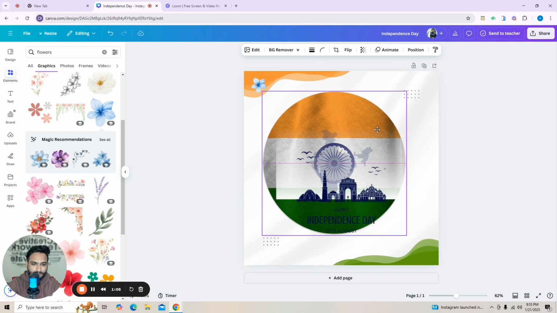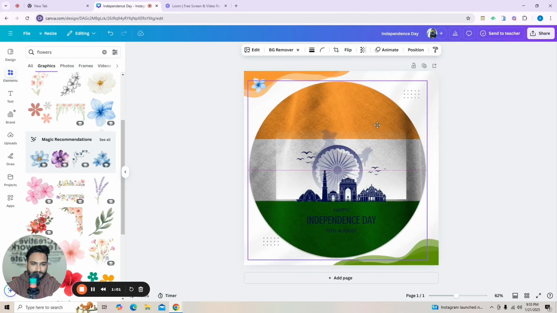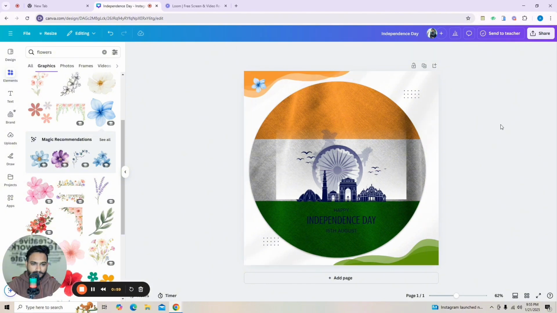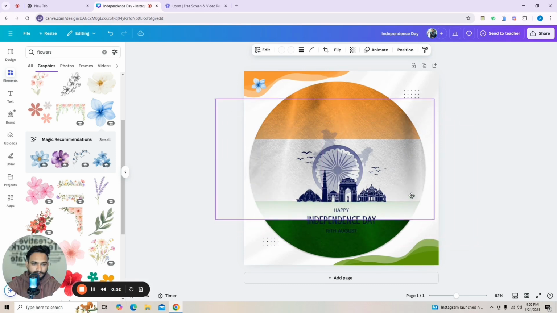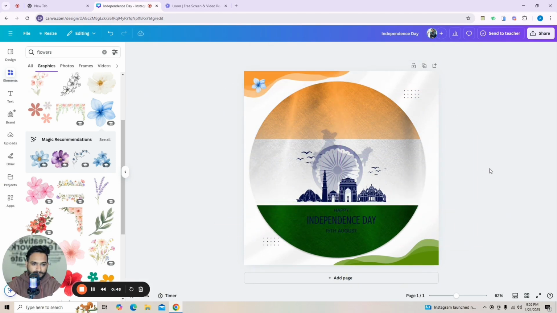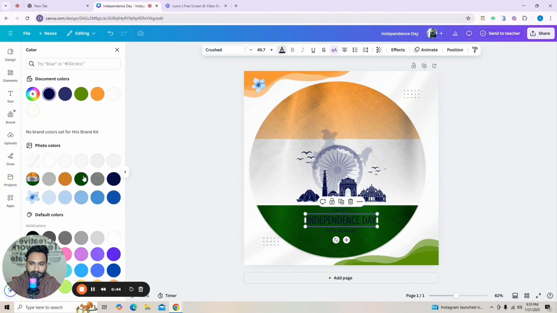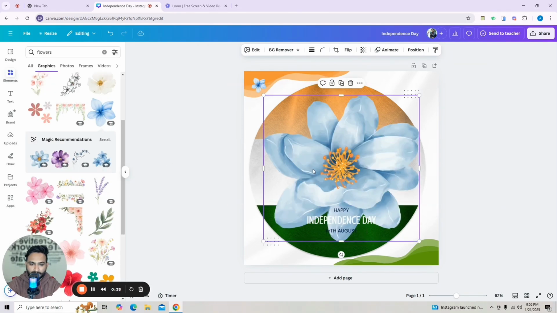Okay, so basically I'm just doing some editing on this. It's looking good, and the space is also covered. Now I need to increase this part as well, so this may also look good as per the size. This is something like that, you can change the color. Okay, and after changing the color, you can just